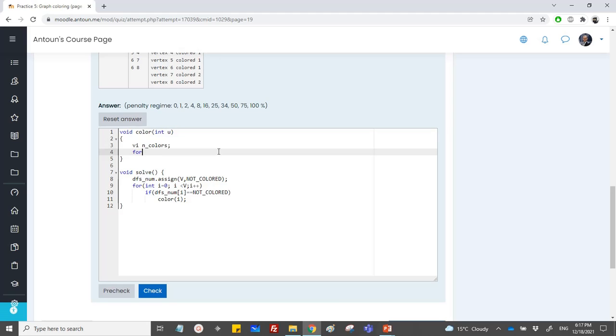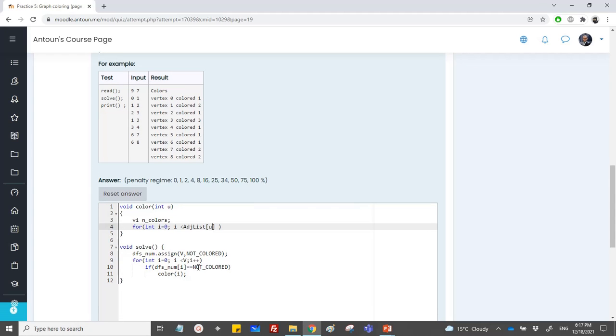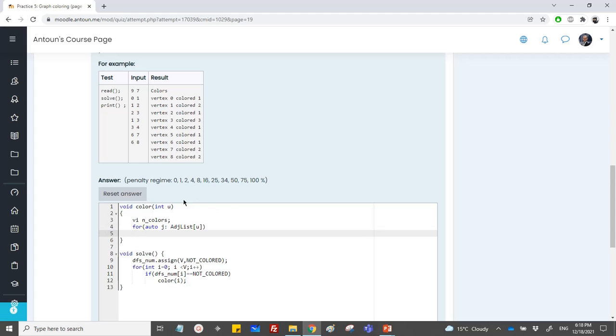If they are not colored, I can loop over the adjacency list of u. So I can make a loop, for example, for int i = 0, i less than adjacency list of u dot size, but we can use an iterator. So I'm just writing it, but I will erase it. I can use an iterator instead. I can use the keyword auto, and I have a variable called j that loops over the adjacency list of u. So for each vertex which is adjacent to the vertex u,